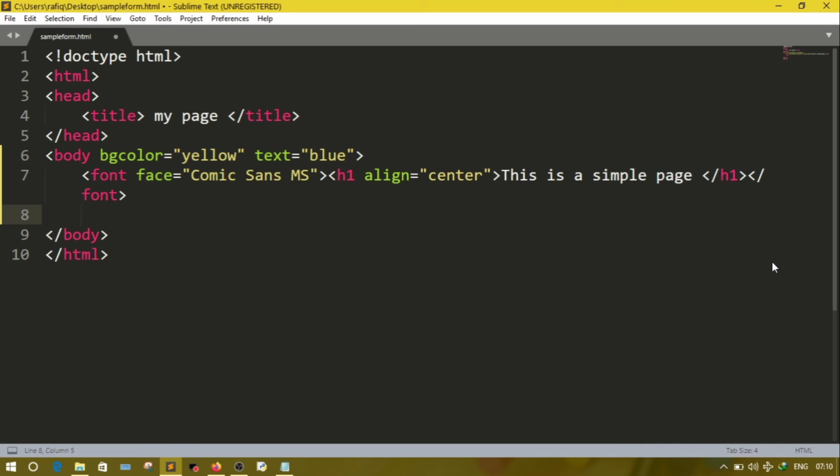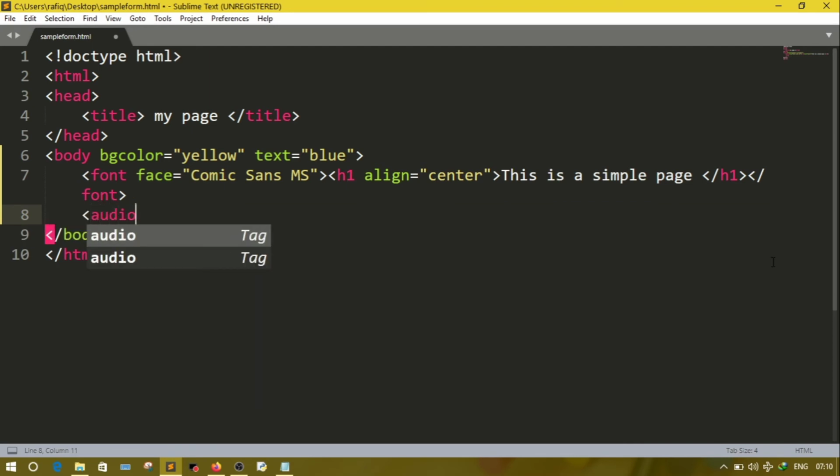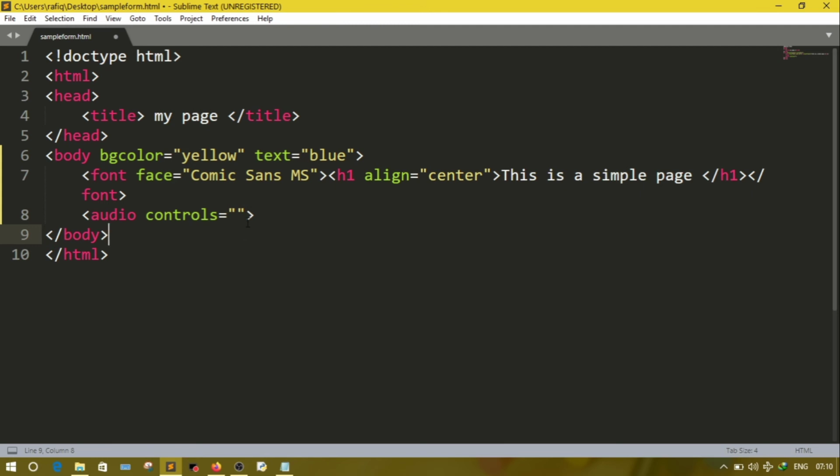First you will write audio. Suppose I want to display the controls, I want to display the buttons, then you will write controls, then controls equal controls. Then here audio will be closed. Inside that tag you will write